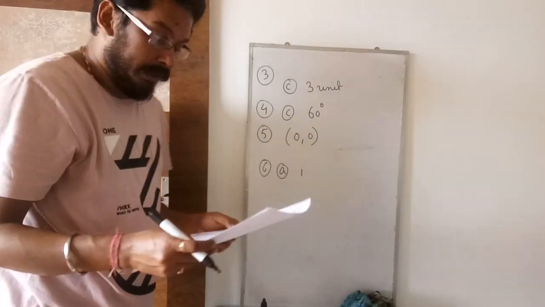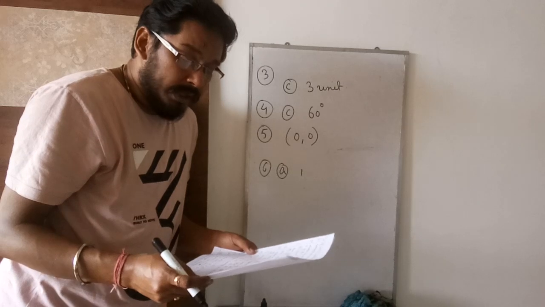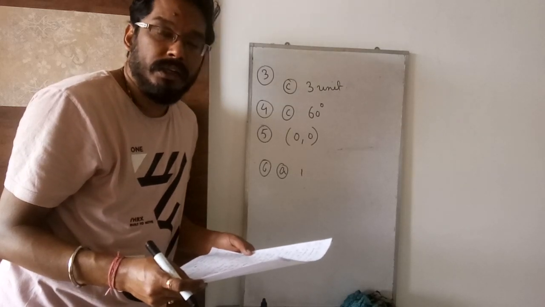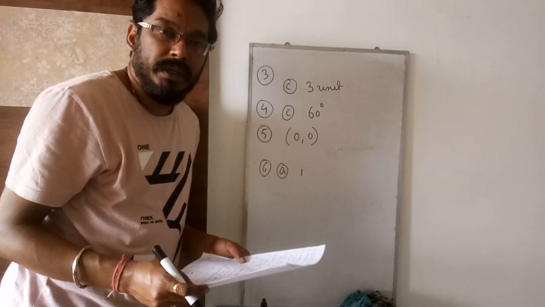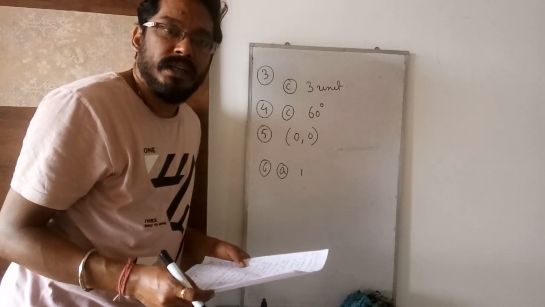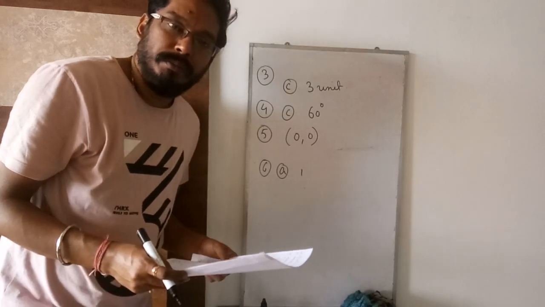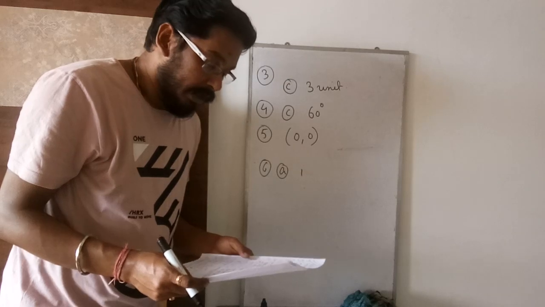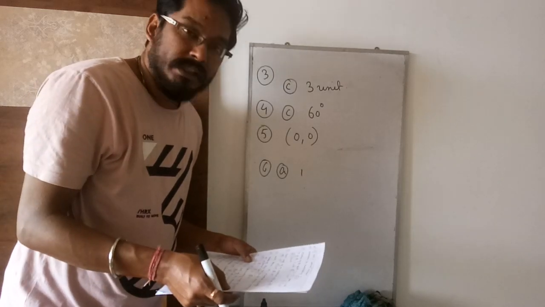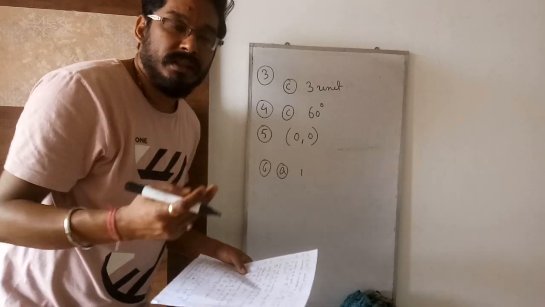5 is not objective. Next they have said question number 7. What is the supplementary angle of 110 degrees? When the word supplementary comes, it means the sum of 2 adjacent angles is 180 degrees. Out of this, one angle is given as 110. So what will the supplement be? 180 minus 110.